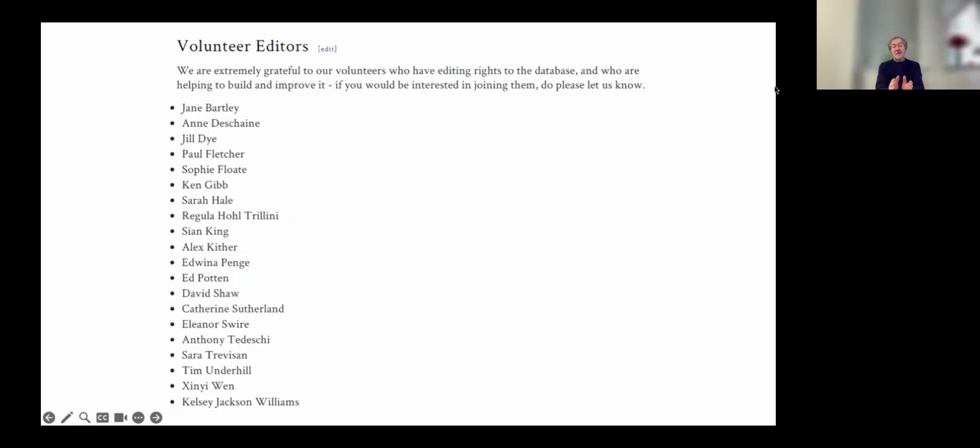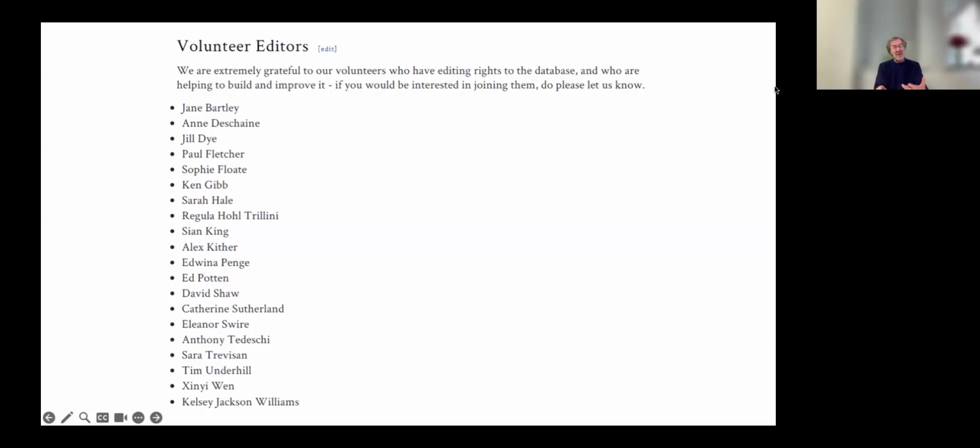And because it's in a simple wiki format, it's very easy to give anybody a login. And once you get your head around the wiki markup language, and we've got an editorial manual to help with that, then you sail away. So anybody here or out there, or any of your friends, seriously, anybody who would be interested in joining this worthy band of volunteers, I would be delighted to hear from you. Because, as I say, that's an important part of the building of this thing.